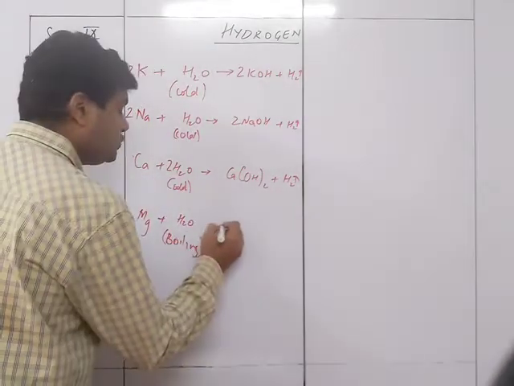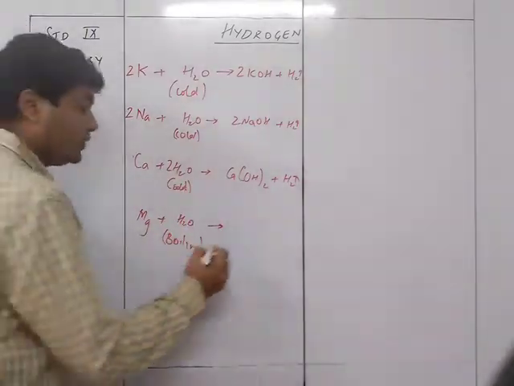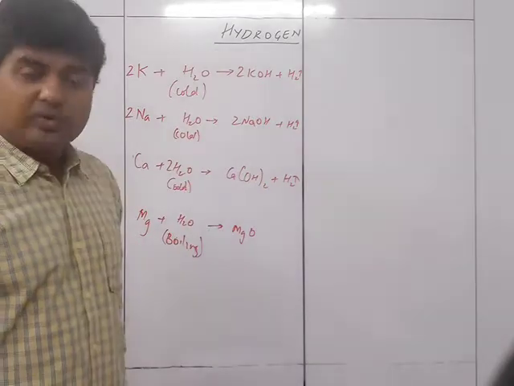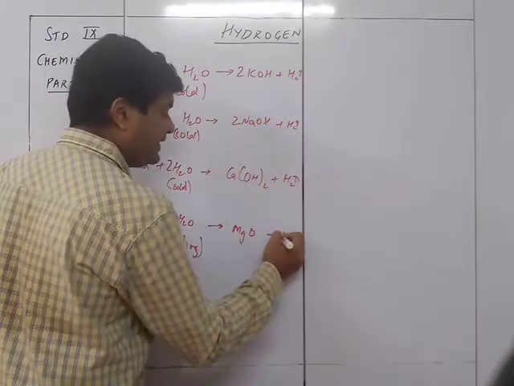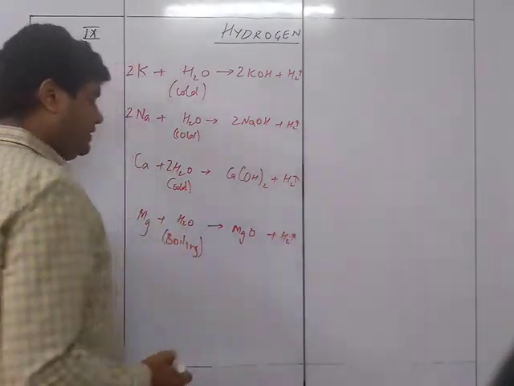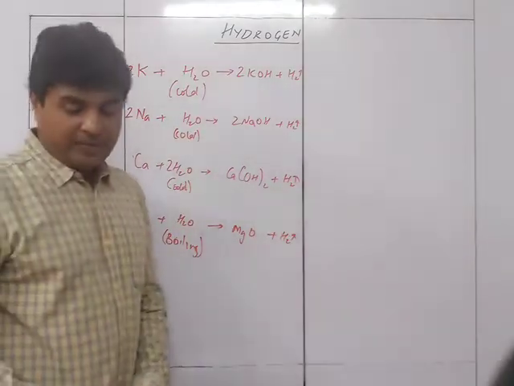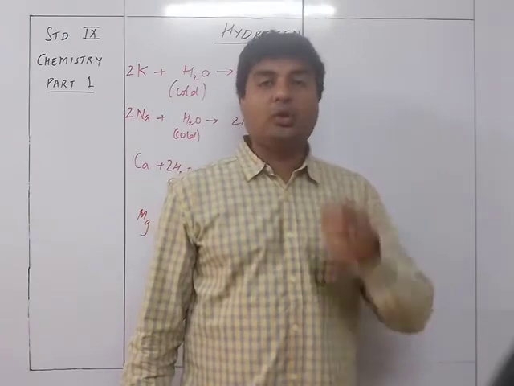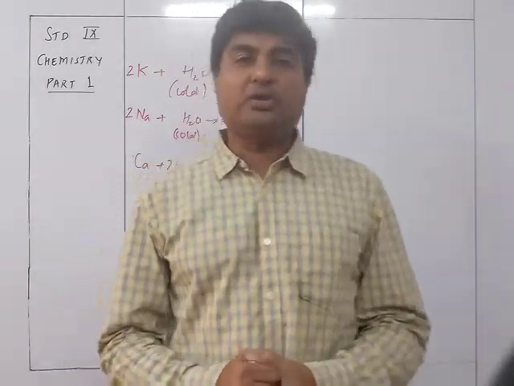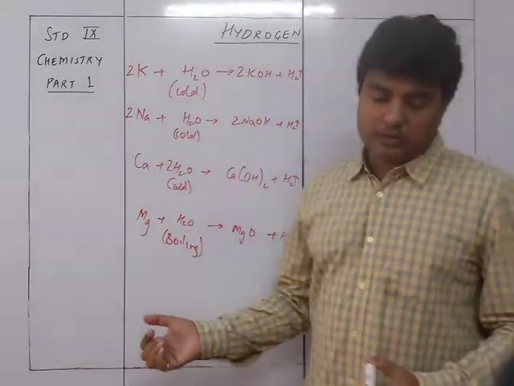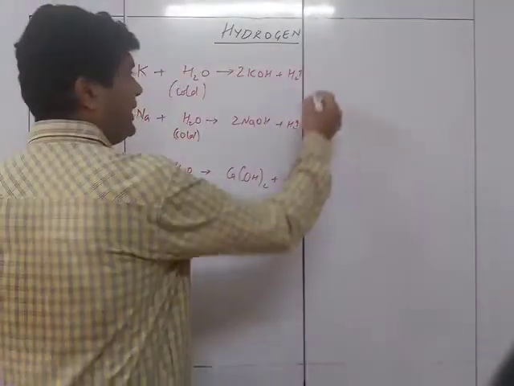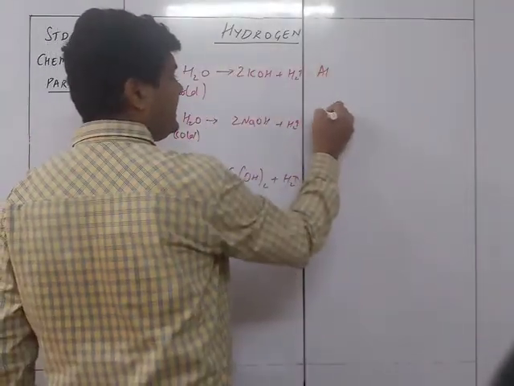Magnesium will give you MgO, not Mg(OH)2, so it is MgO plus H2. It cannot give you hydrogen with cold water; it requires boiling water. Whereas for aluminum, zinc, and iron,